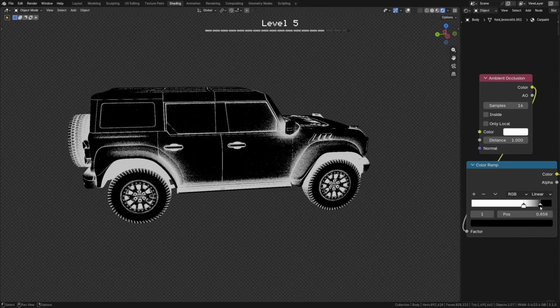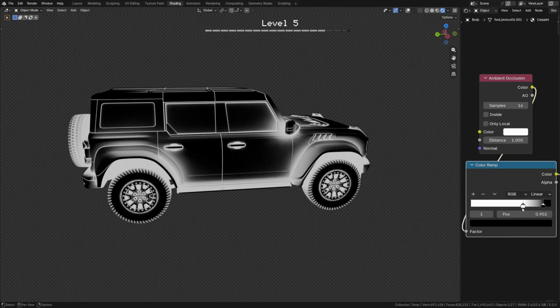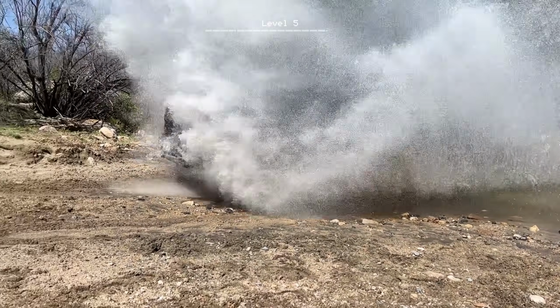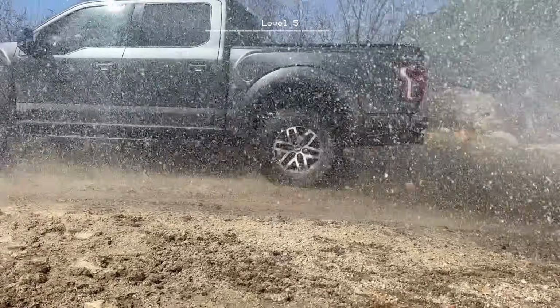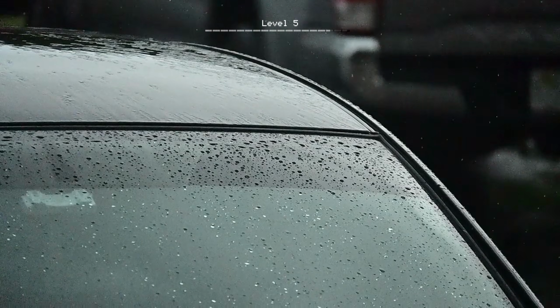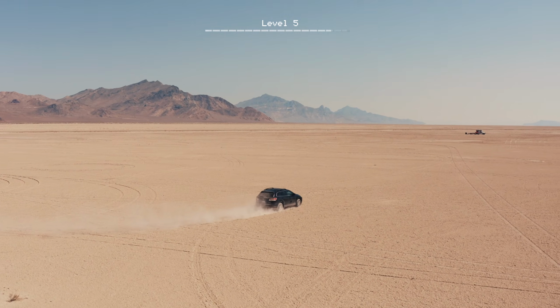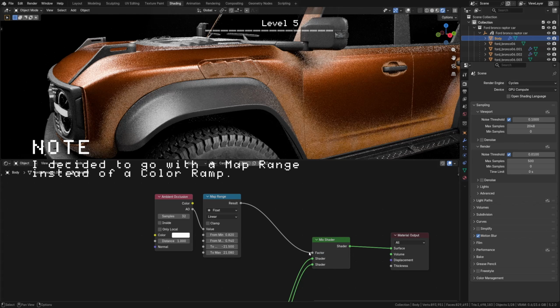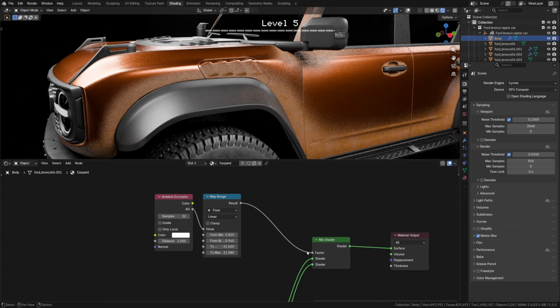By doing so, certain parts of the mesh immediately become darker, which is perfect, right? Because these are the exact same areas that would catch more dirt because of lack of exposure to wind or rain, and where dust and dirt are just more likely to accumulate. So take the color ramp output, plug it into the mix shader factor, and you get accurate mixing between the